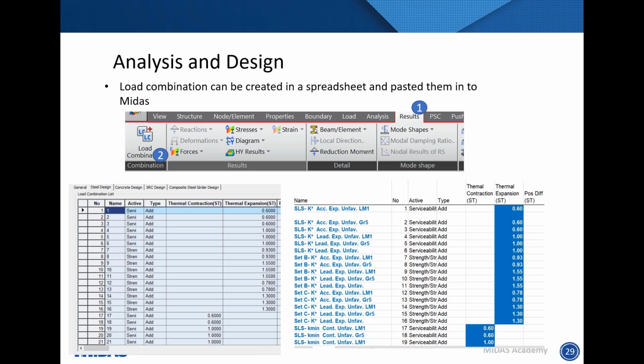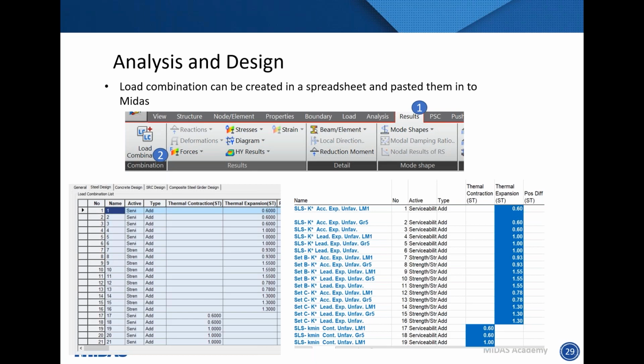You'll note on the left-hand part of the screen that most of these combinations are created within the steel design area. The key reason for this is it then allows the software to pick up these combinations easily when we come to doing all the different analysis that we need to do.